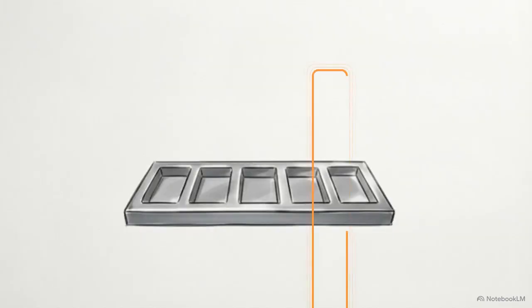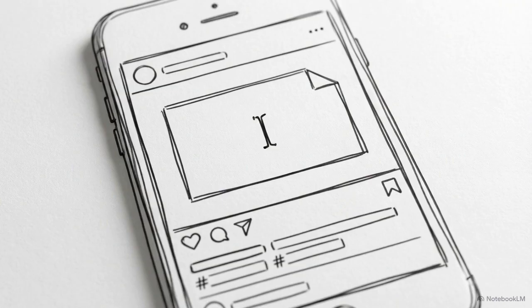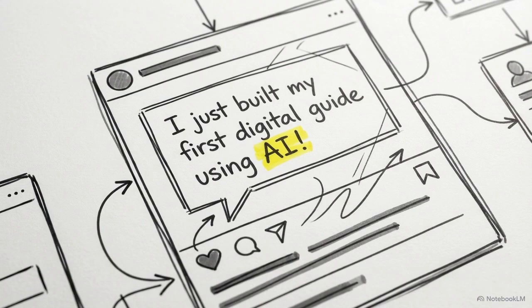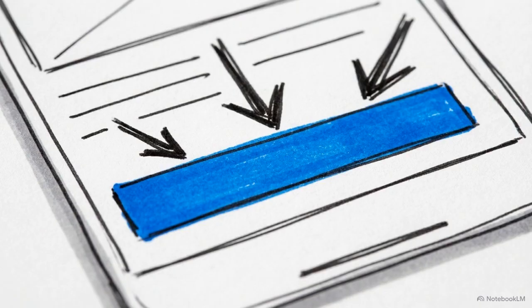Day 6 is where you step out from behind the scenes and make your critical transition to public promotion. Publish one post on your preferred social media platform. Do not write a hard sales pitch. Instead, simply tell the story of the problem you faced, how you used AI to solve it, and what you built. Drop your storefront link at the end.